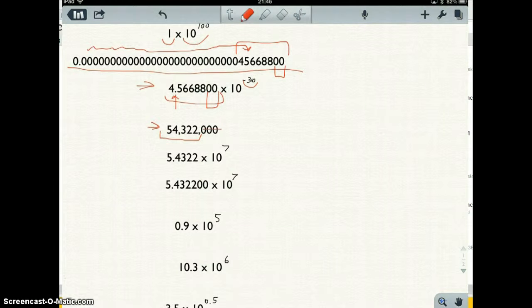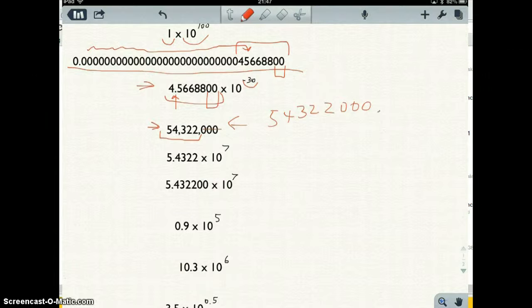But let's say that you actually measured a couple of these zeros. If you measured those zeros, we want to keep them as significant figures, but there's no way to show that here. If you measured all three zeros, maybe you could write it like this